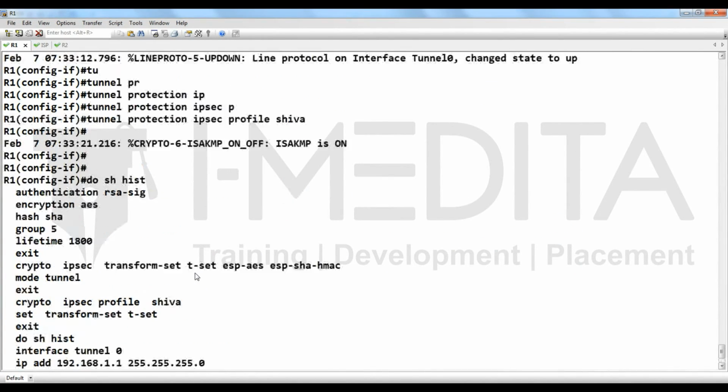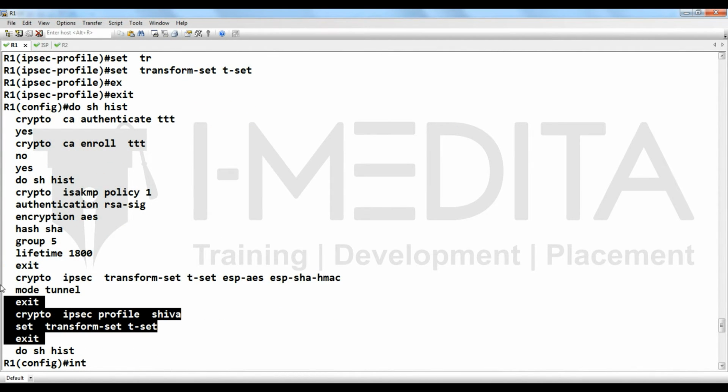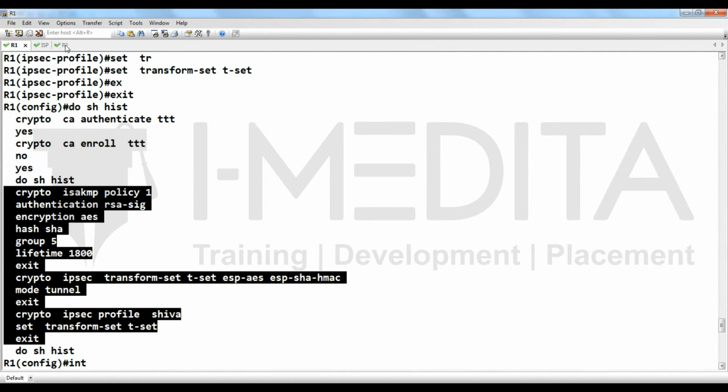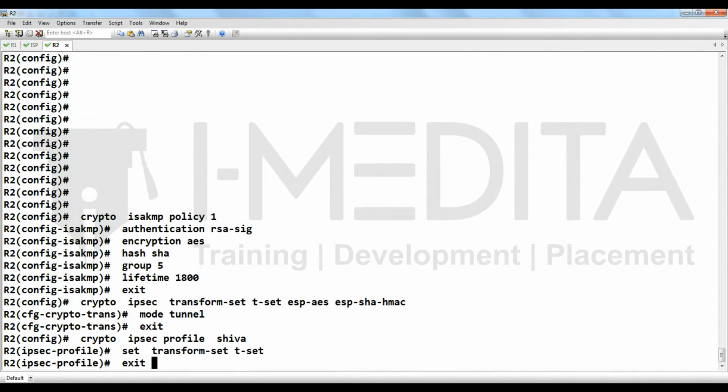To simplify the configuration, copy this and go to R2 and paste it.